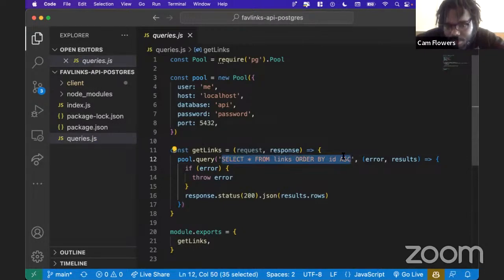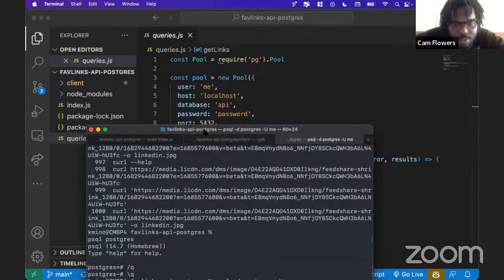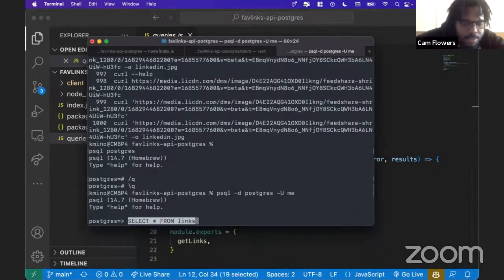So like, for instance, these little queries that we had defined for ourselves. So let's just go ahead and select all from links and then drop that in the interactive terminal just so,